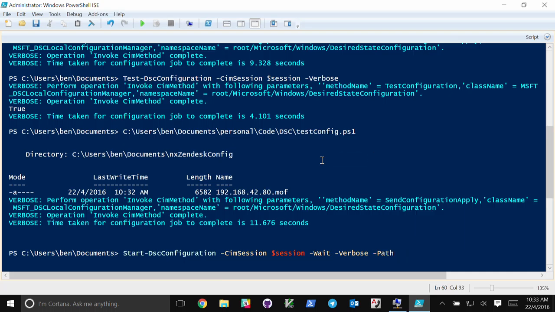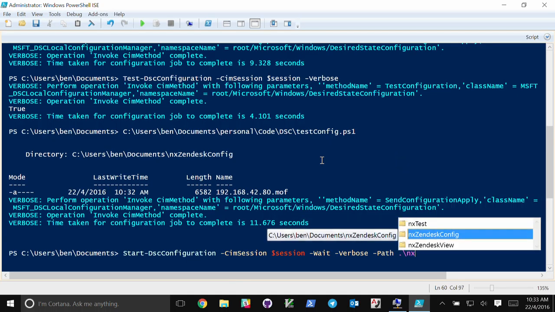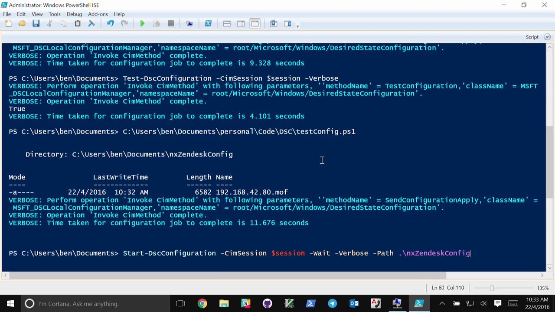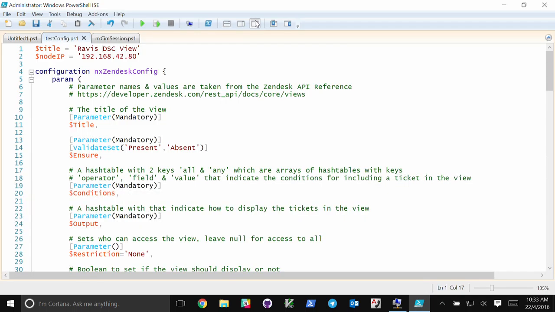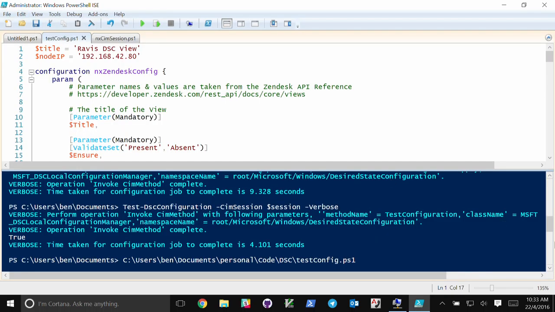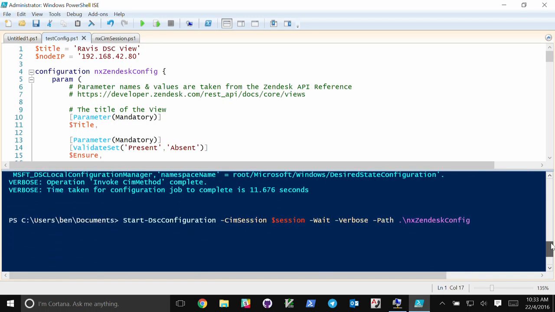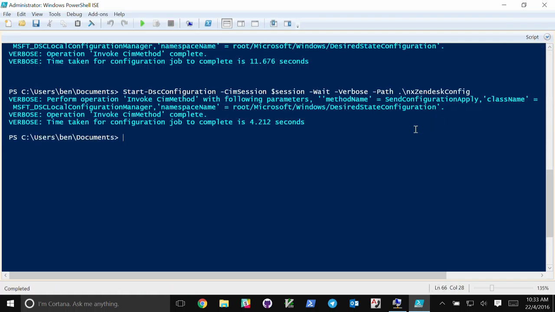And we just need to point it to the path where that's. Hang on, sorry, I need to check what I actually called. Yeah, okay. I've forgotten all my shortcuts. There we go. Okay. Okay, so that's pushed out, and